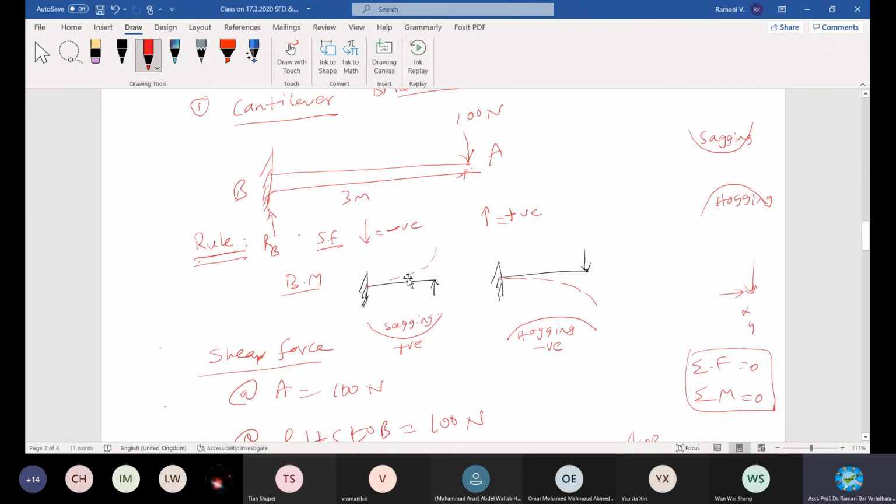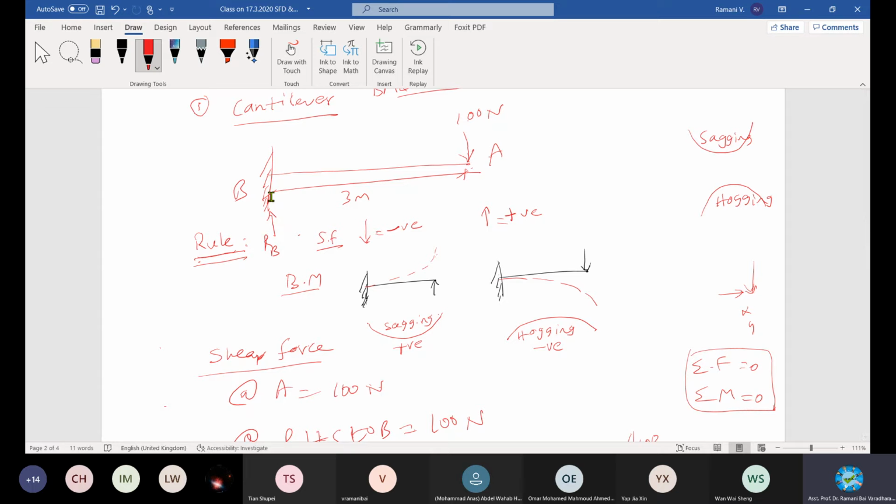The very first step is to draw the free body diagram and then find out the reactions. Because it is a fixed support, you will have a reaction, isn't it? Later I will bring you a table saying where you will have reactions, where you will not have reactions, and even the values are given. I don't know whether these are all covered in your dynamics. Anyway, I will bring the chart for you for certain. I think I have included it in my slides. If not, I will repeat it in the next class.